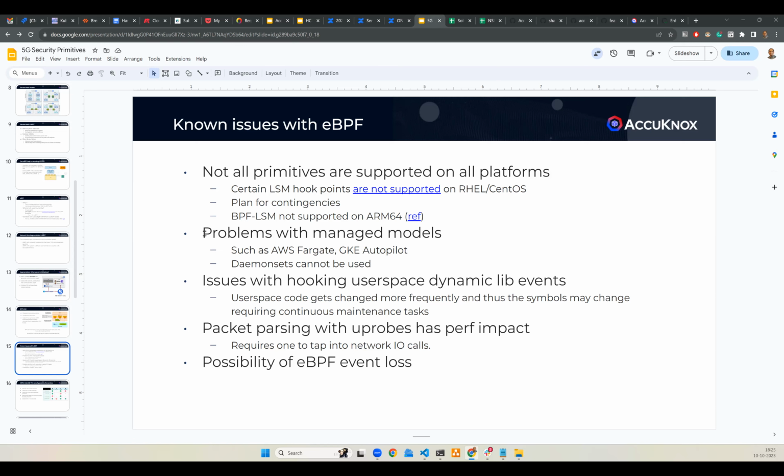The other problem is that certain managed models like AWS Fargate and GKE Autopilot won't allow you to deploy daemon sets. And basically what it would mean is that you won't be able to deploy eBPF bytecode at all in those kind of environments. With AWS Fargate and GKE Autopilot, you don't have any control over the host, which means you won't be able to deploy any eBPF bytecode at the host.